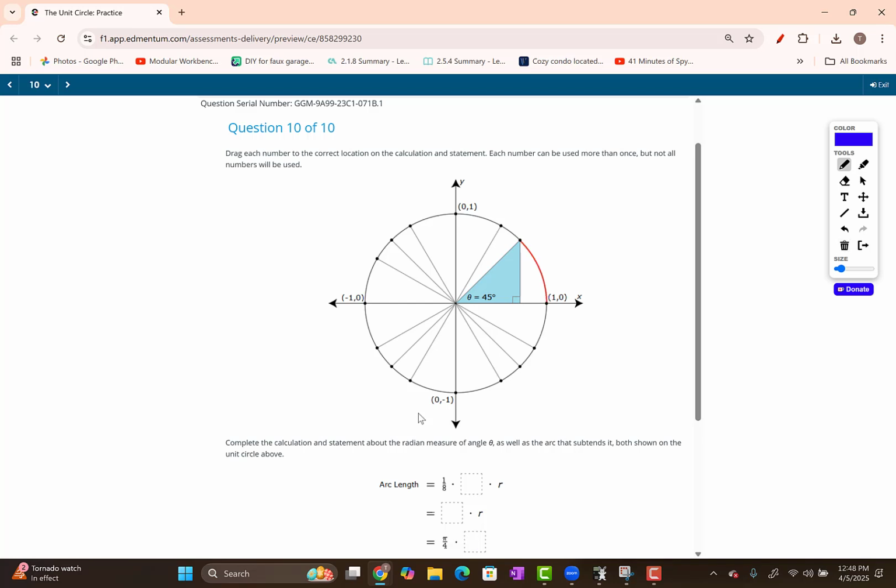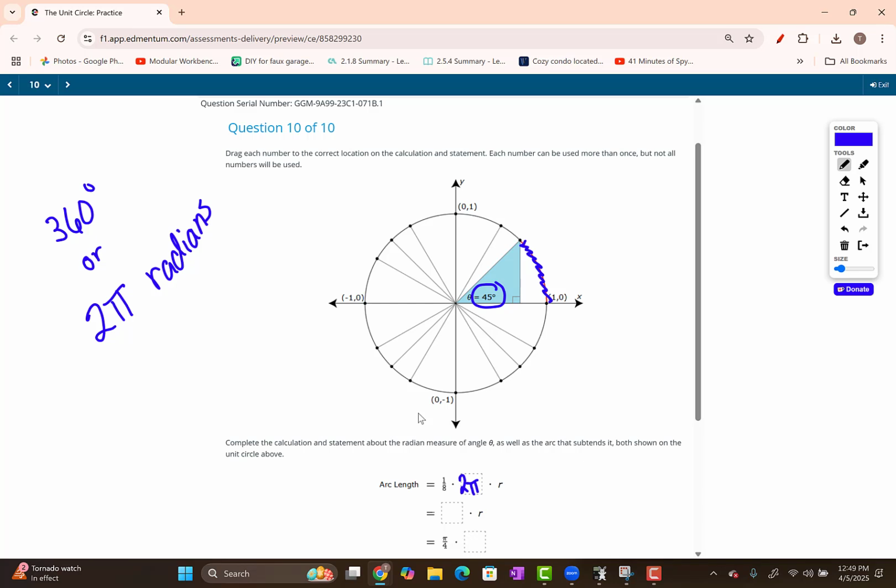Question is, okay, this arc length, it's 1/8 times something. Well, to me, this is easier to figure out. If we think about the angle measure 45, 45 degrees is a small piece of the whole circle. Well, how much is the whole circle? The whole circle is 360 degrees, or if we convert that to radians, 2 pi radians. So it's saying this little arc is 1/8 of the whole circle. So it's 1/8